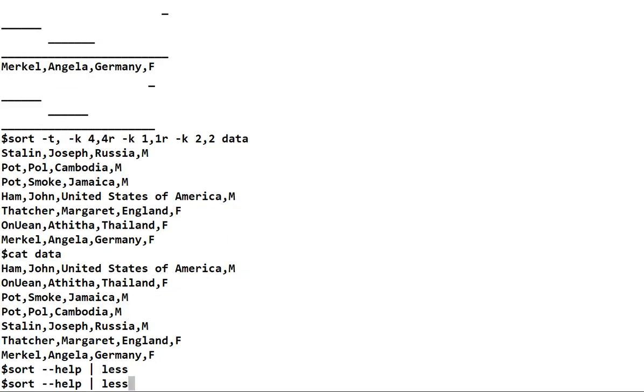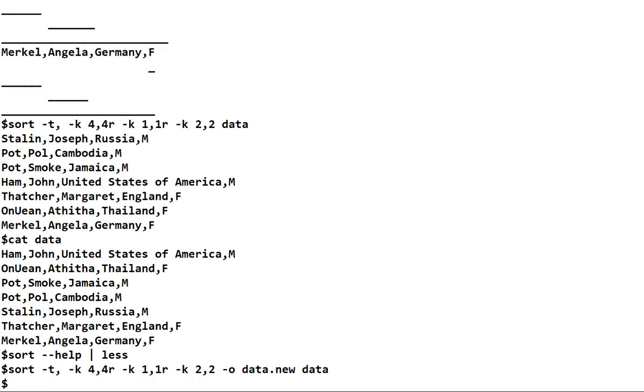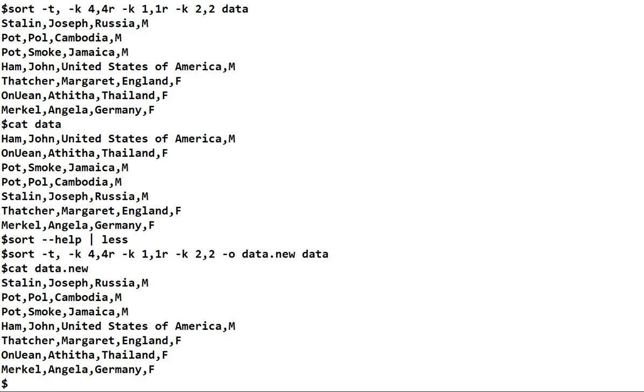Okay. I'm flexible. Options come before the file, remember? So we want to say our output will be data.new and the input is still data. Nothing came on the screen because the output is in the file. If we look at data.new, it's what we wanted. So we can generate a new data file with the order that we desire, and then we can use a trick,